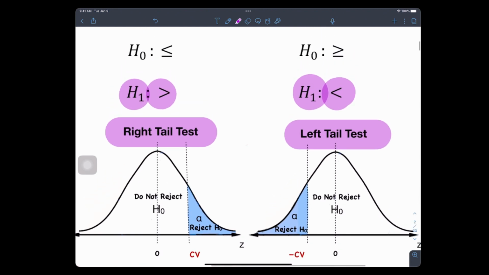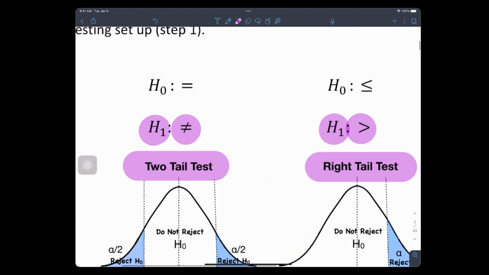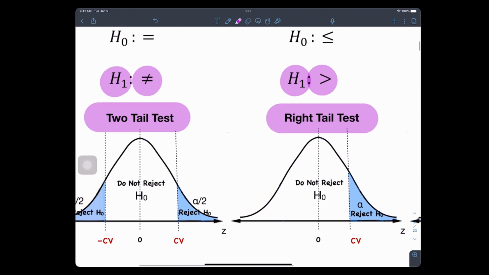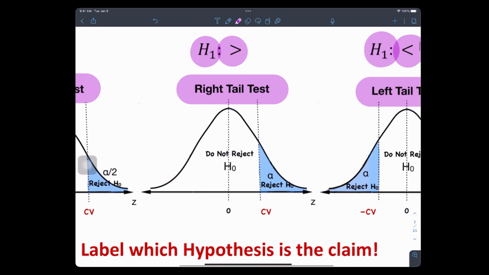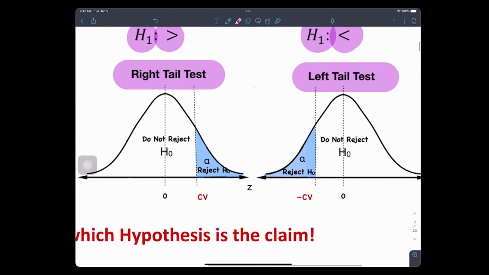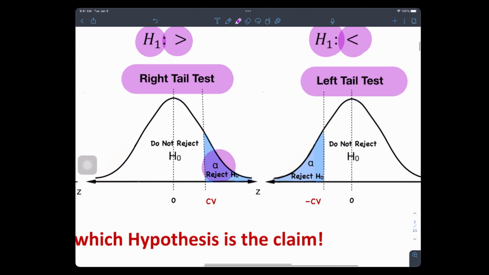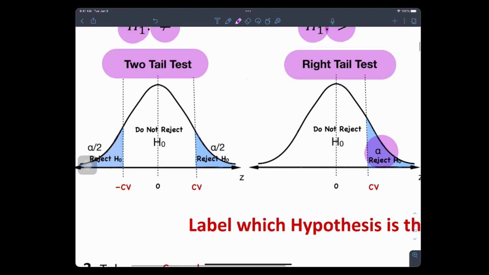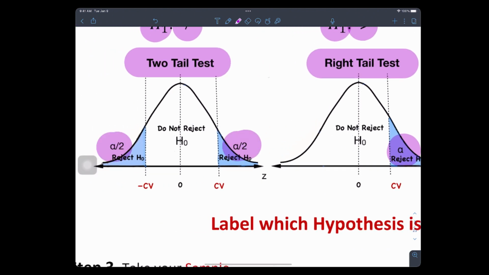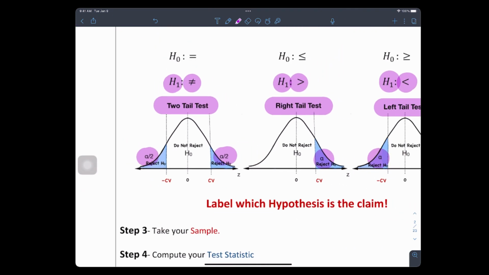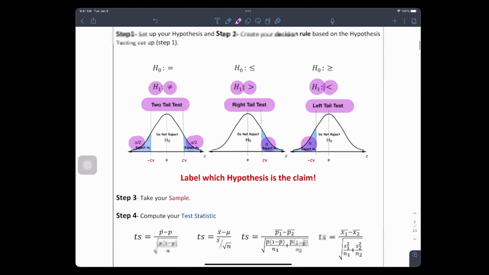And if you ever notice, it's a null hypothesis when it involves a condition of equality. That's why you see the equal signs for the null. And it's an alternate when it does not involve a condition of equality. Didn't we talk about those things? Yes, we did. And this is our alpha. It's on the tail. And then this is what? Half alpha, because there's two tails. This is all review, ladies and gentlemen.